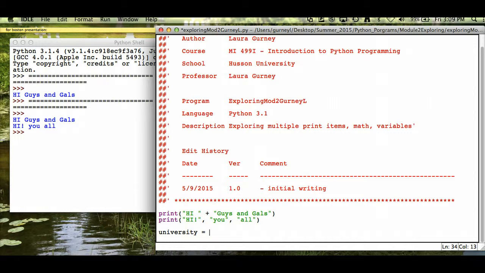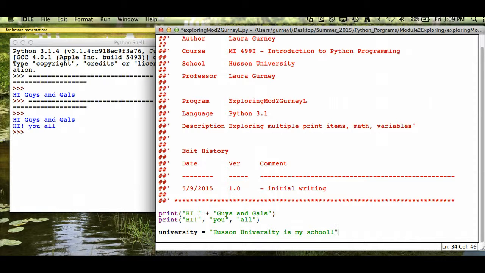So it assigns the value found on the right-hand side of the equals into the variable name on the left-hand side. So university is now going to hold "Husson University is my alma mater, is my school